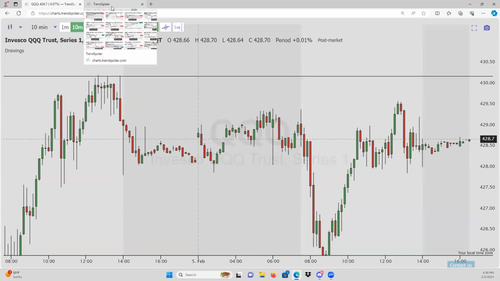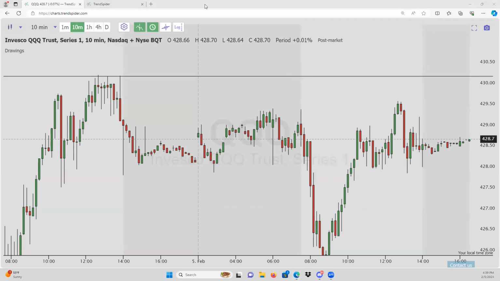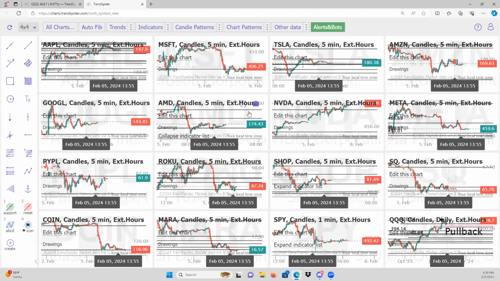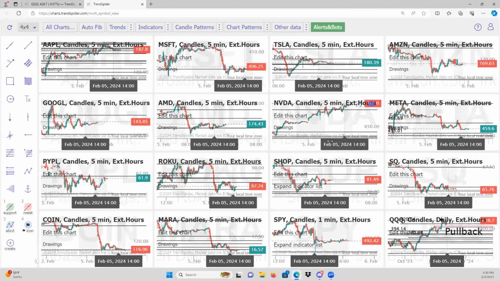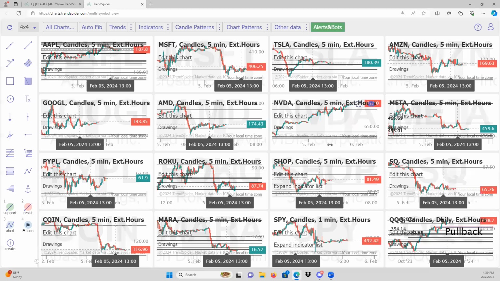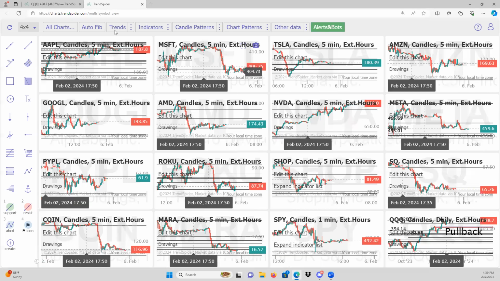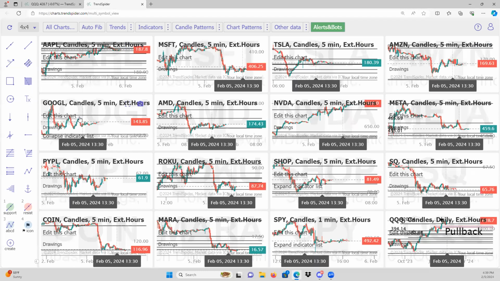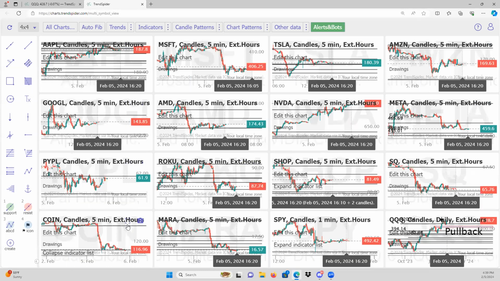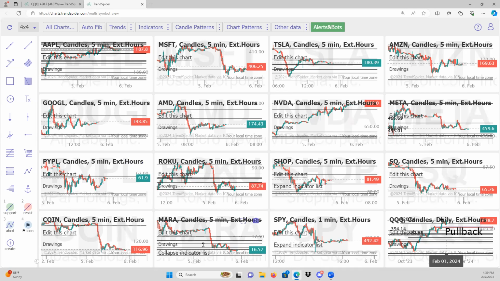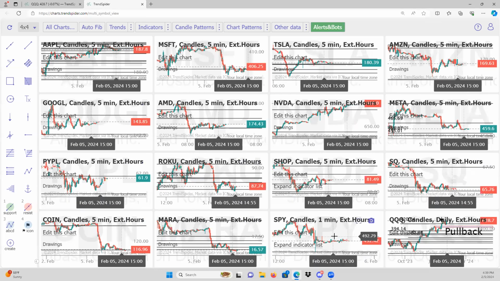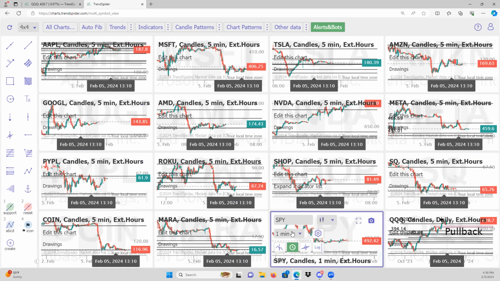Now, if you're going to play QQQ and you're going to play SPY, what do we need to look at? Well, we need to look at the top holdings. So this is a chart that I look at every single day. I know it could seem messy to you, but to me, it's not. Looking at Apple, Microsoft, Tesla, Amazon, Google, AMD, NVIDIA, Meta, then a couple other names that I'm watching to take trades on as well. We have SPY, QQQ, right?